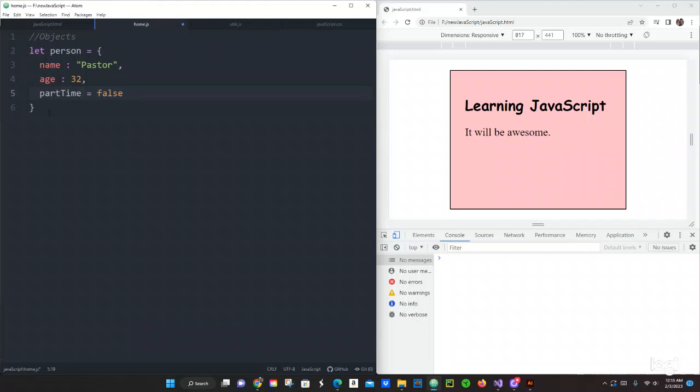Okay, sorry for the confusion, it's a colon, not equals. And then we add a semicolon right there. Now, how do we access these properties right here? We just do show message, open and closing parentheses, and then the variable name person, then a dot, and the property name, in this case name,